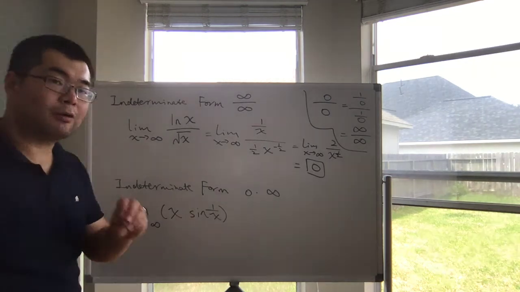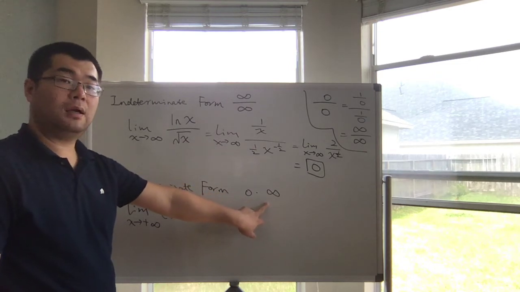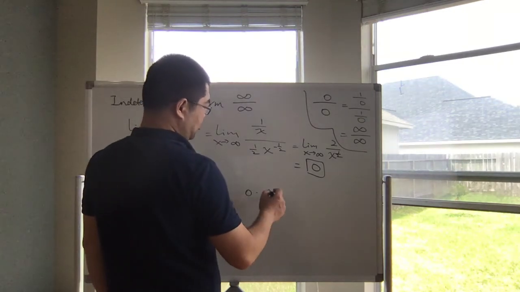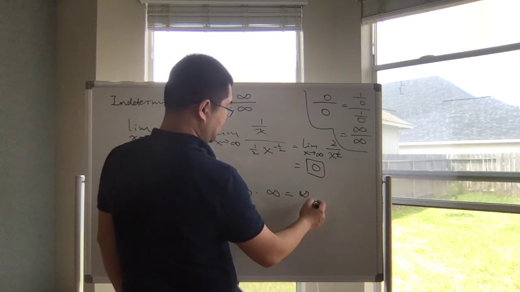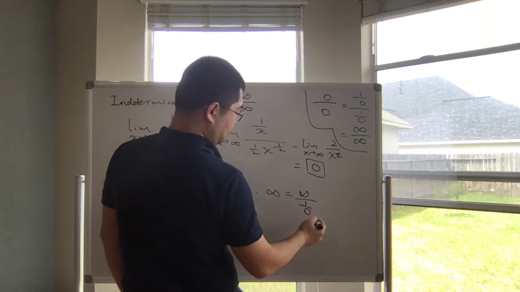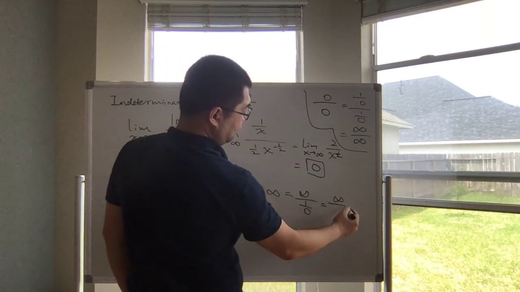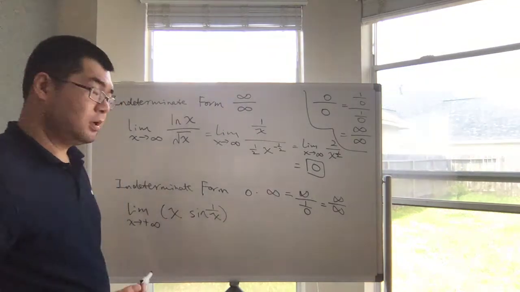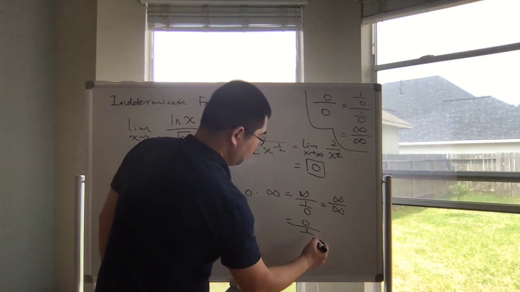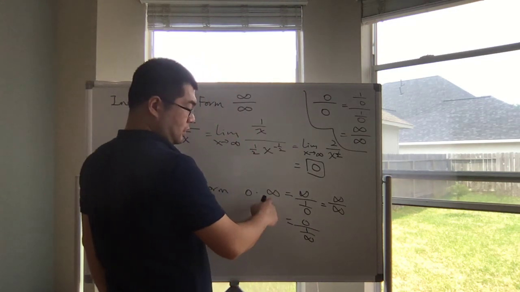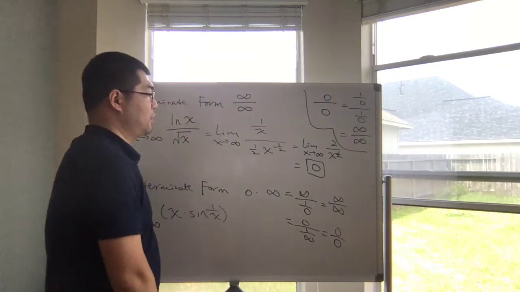There is another equivalent indeterminate form, which is called 0 multiplied by infinity. You can see, guys, for this 0 times infinity form, you can do infinity over 1 over 0, right? So it's equivalent to 0 times infinity. Then you're going to have an infinity over infinity form. Okay, so this is one way to think about it. Or you can rewrite this as 0 times 1 over 1 over infinity, just still 0 times infinity. But in this way, you convert it into the 0 over 0 type. Okay, so either way,